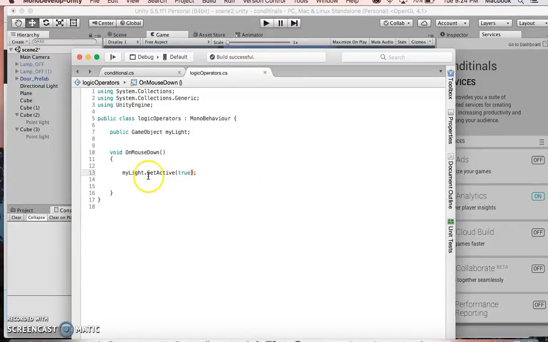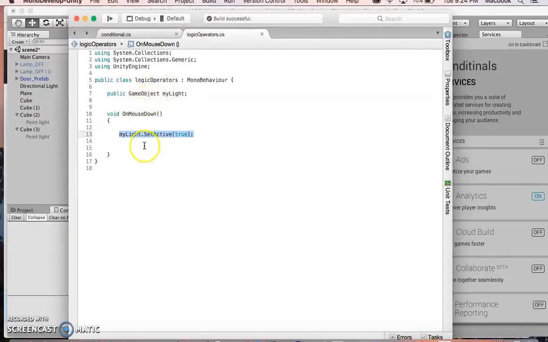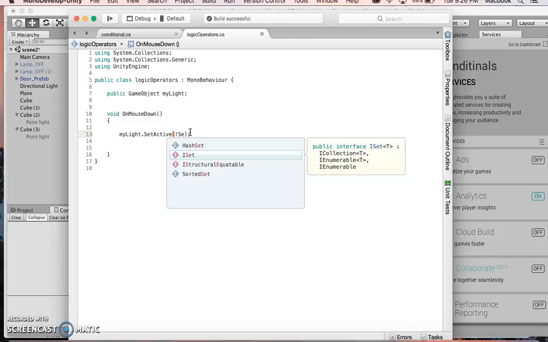If I go back to the code, right. Now what you're going to do is almost say do the opposite of what is true at the moment. And this is kind of like where we had the NOT gate when we were doing logic gates. Now, so rather than just say true, light.setActive not, make it set